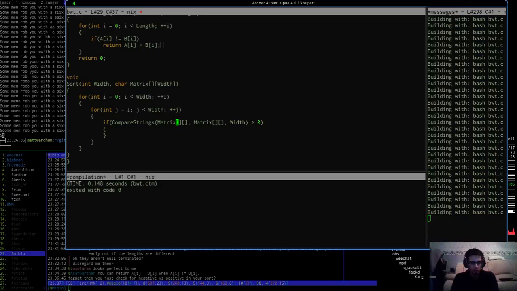Now I wonder if it is like... Oh yeah, I also have to then go through the whole string, don't I, when I do the swap? Which I was doing yesterday, wasn't I? The only thing I wasn't doing was the full compare strings. Right, so if compare strings, we want to pass